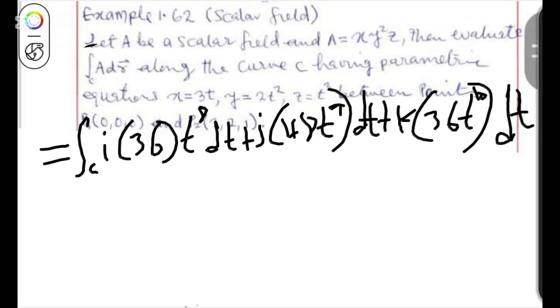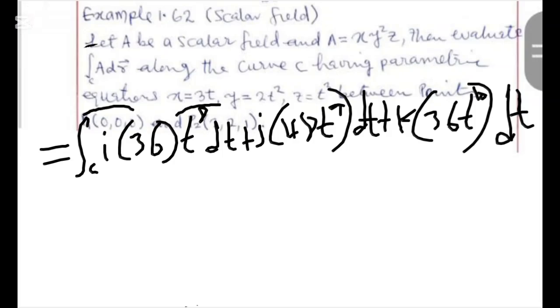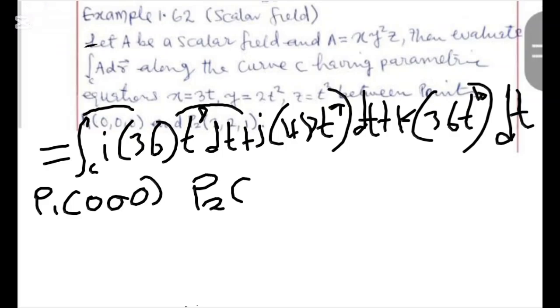So the next thing is the limit. We have the limit. This is point 1 and this is point 2. Point 1 is 0, 0, 0. And point 2 is 3, 2, and